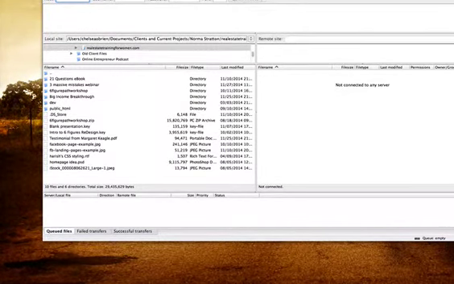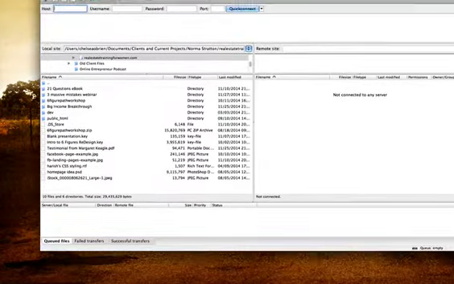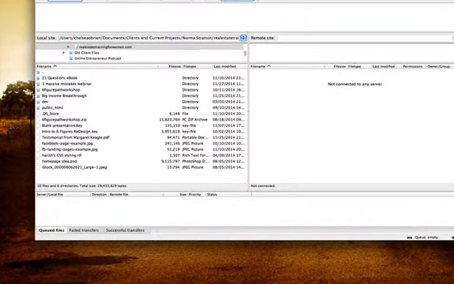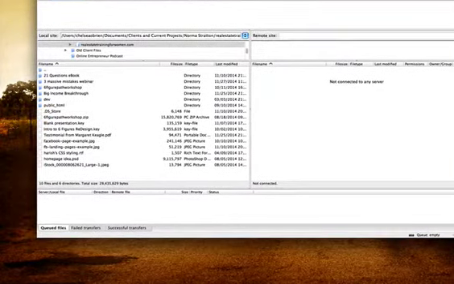So in this video, I'm going to show you how to use FTP to upload files to a web server. We're going to use a free software called FileZilla. You can download it, I think, from filezilla.org, or maybe it's mozilla.org. But if you just go to Google and search FileZilla, you'll get this free software that you can download. And what this is going to do is allow us to basically, quote, talk to the web